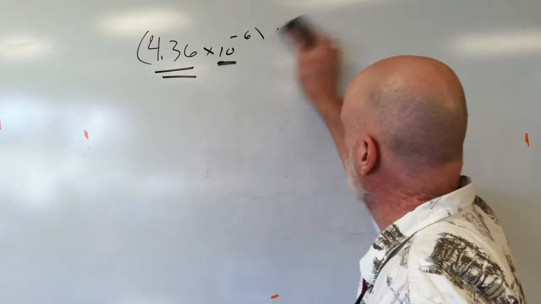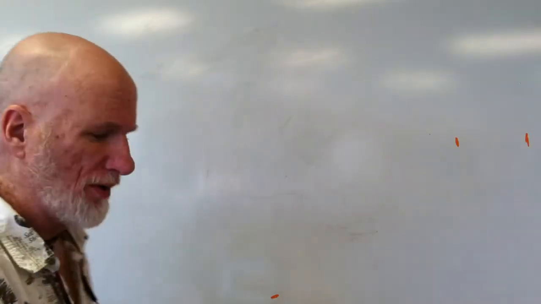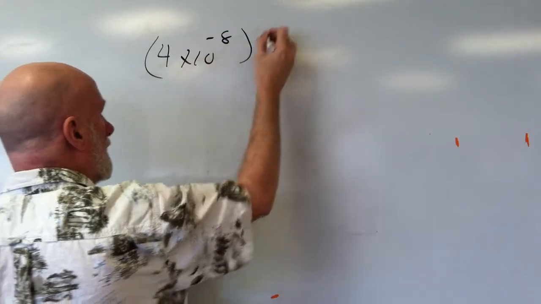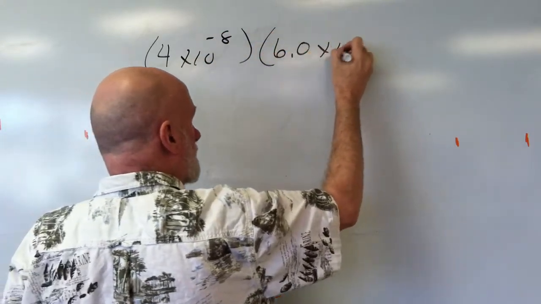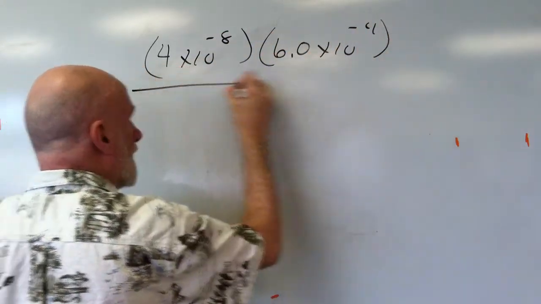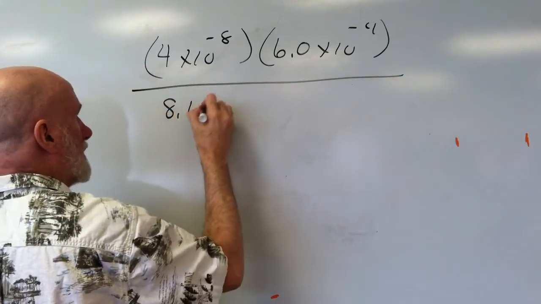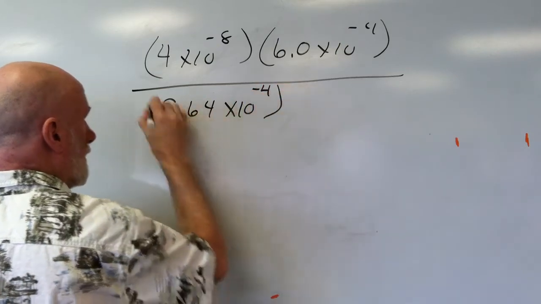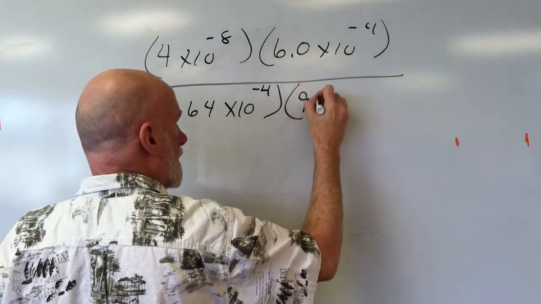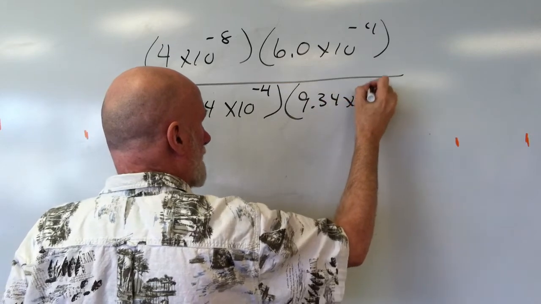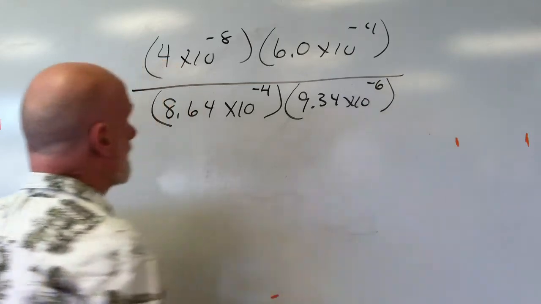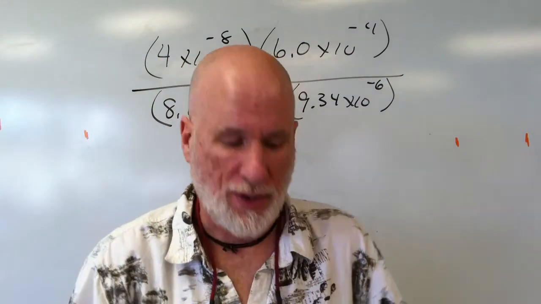Let's do another one. Let's do one that's a little more involved, okay? So 4 times 10 to the negative 8th times 6.0 times 10 to the negative 4 divided by 8.64 times 10 to the negative 4 times 9.34 times 10 to the negative 6. Okay? Easy? Okay? Now,